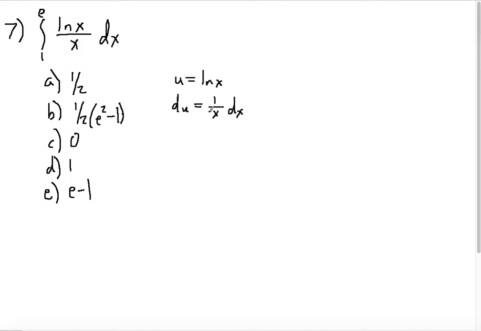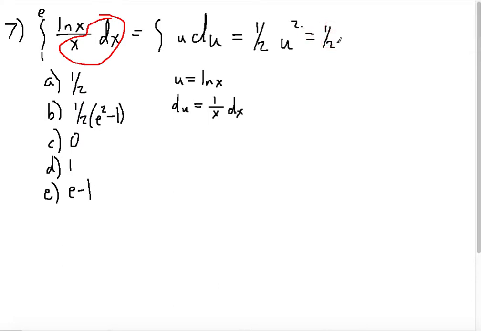So we know our u, we know our du. This is going to be a rare instance where our du is matched with something that's on the bottom of the fraction. When we take this and rewrite it in terms of u, we're going to have just a simple u du. And the integral of that was one of the first that we learned. And so we can take that and plug back in our natural log of x